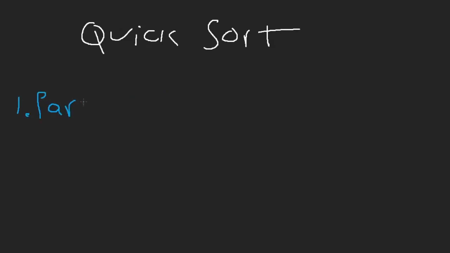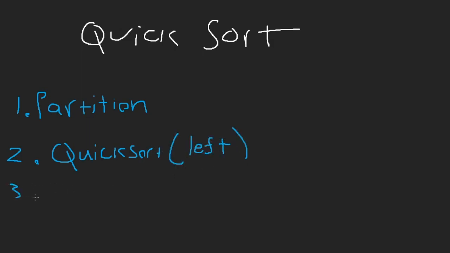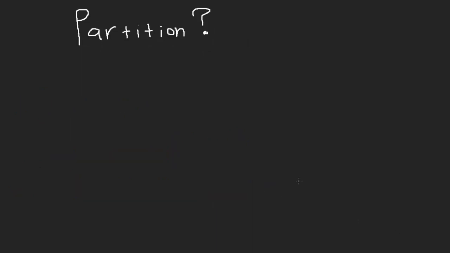The quicksort is a powerful, fast, and efficient comparison-based sorting algorithm that partitions an array and then recursively calls itself on each resulting half. This is also known as the divide and conquer strategy for sorting data. So what is partitioning? Partitioning takes an array, chooses an element to be the pivot, then puts each element smaller